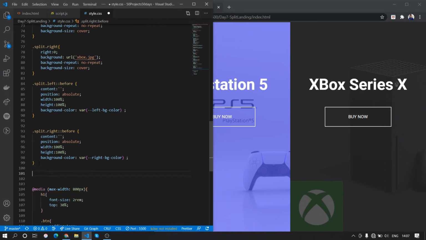We'll write it here. So we'll take the split, not split, we'll take hover-left,